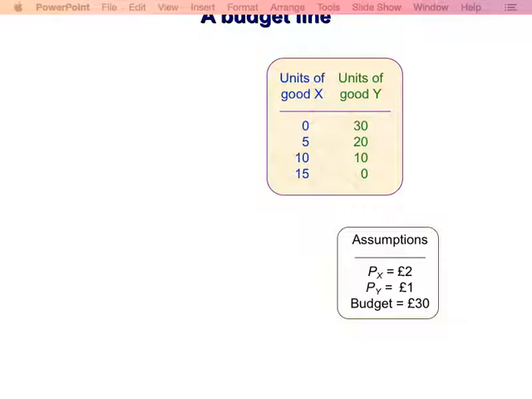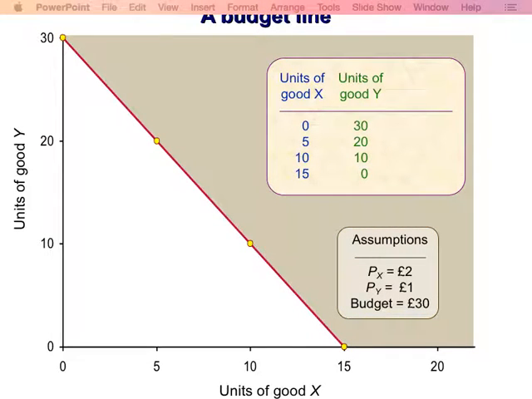Let's say if you buy 5 units of X, well, each unit of X is £2, so you spend £10 on that, and the remaining £20 will be spent now on good Y, which gives us 20 units of good Y, given the price. Now, if you plot these combinations on a line, on this XY plane, that gives us this long red line,